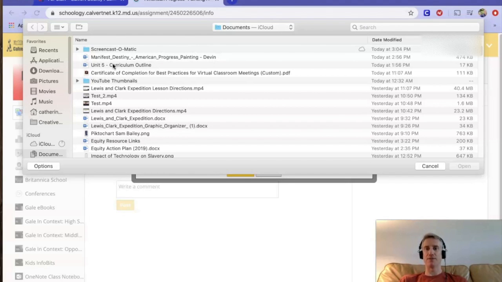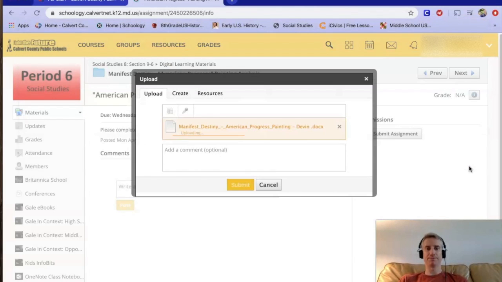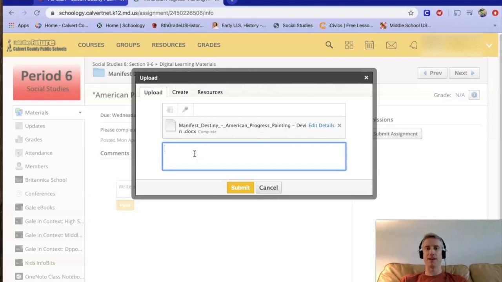And that's key for you to find, is the document that you changed the name of and that you put in the right folder where you can find it. And that way that document will have all the answers. So if it opens up to a window that doesn't have the right folder, then you have to search over here for the right folder to find the document that you saved. So I'm going to go ahead and click on that file. I'm going to click Open, and then it's going to load up. I can add a comment if I want to, but I don't have to.